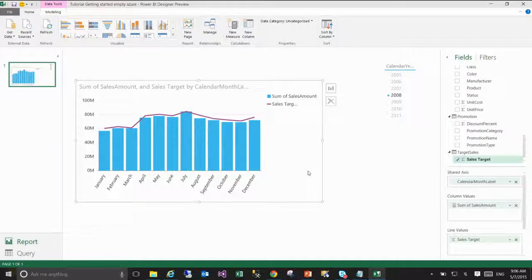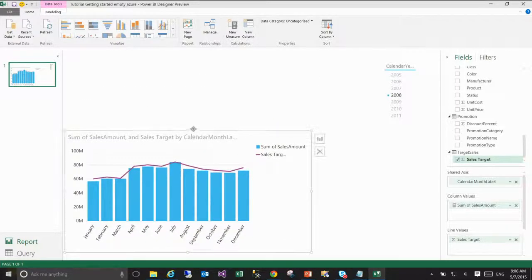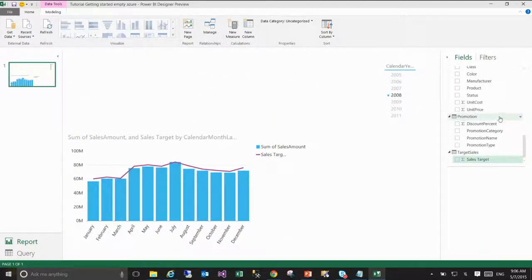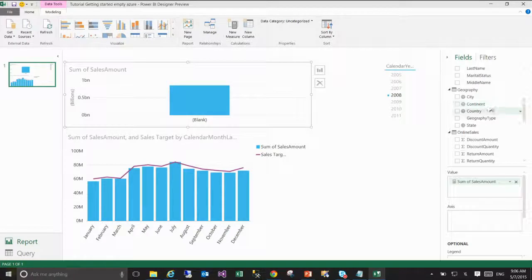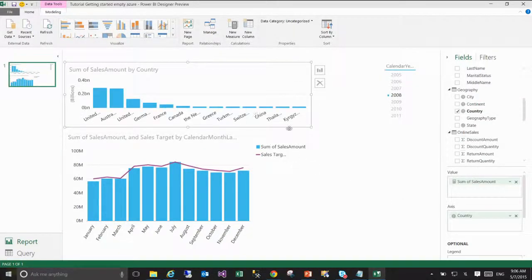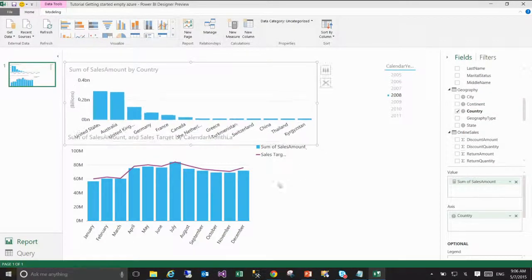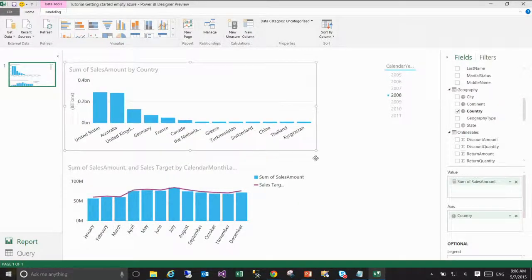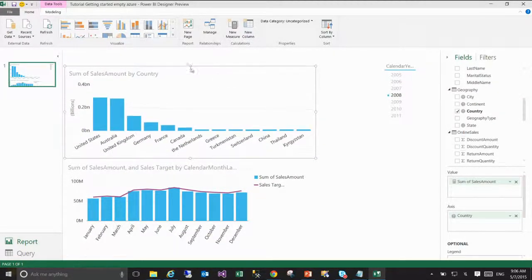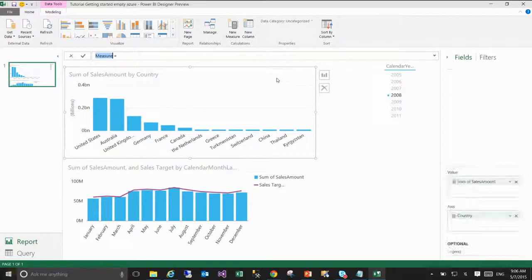All right. So let's continue. Now what I want to go do is I want to see the sales. Let's go back up, drag it in. I'm going to add it by country. All right, sales by country. And now I want to see the sales from last year compared to the sales of this year. All right. So, of course, I need to go create a measure for it. So I can go in, right mouse click, new measure,